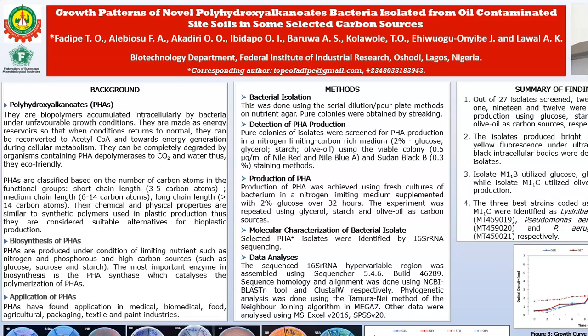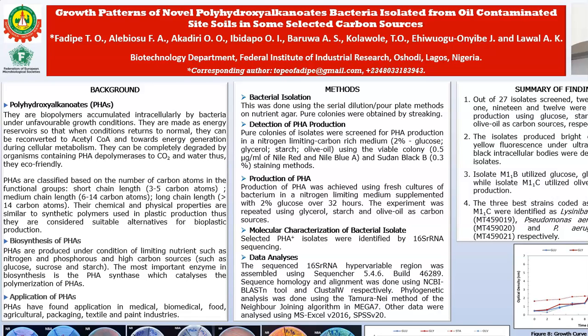In this work, we were interested in isolating polyhydroxyalkanoate producing bacteria with capacity to utilize varied carbon sources. As a result, we isolated bacteria from soils of oil-contaminated sites. We collected samples from Dalico market sites coded D and Mechanic Village site coded M. We isolated bacteria on nutrient agar according to the serial dilution and pour plate methods, and we obtained pure colonies by streaking. Colonially distinct isolates were selected for further studies, and their colonial characteristics and cellular morphologies were observed.